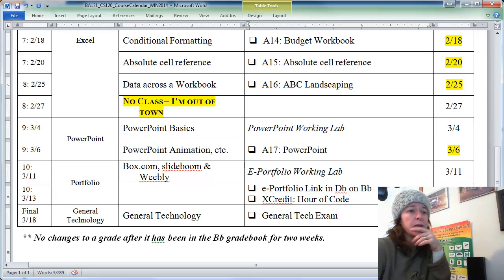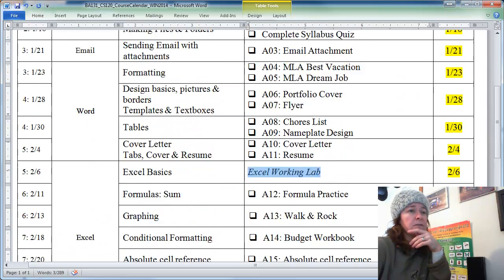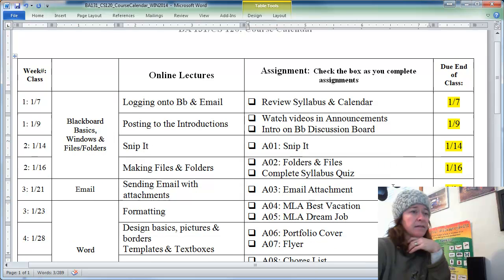Okay, now working ahead. Oftentimes students need to miss a class. I get that. I have a life, I understand. What I want you to do is work ahead, because your attendance for each class is based on the assignment. So the first class, on the 7th, we review the syllabus and calendar. So I will do a roll call to learn your names and to also give you attendance for that class meeting. If you decide to stay in class on the first class meeting and you do the assignment for Thursday the 9th, which is to watch the announcements and do the introduction discussion board